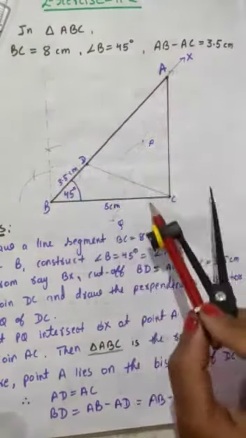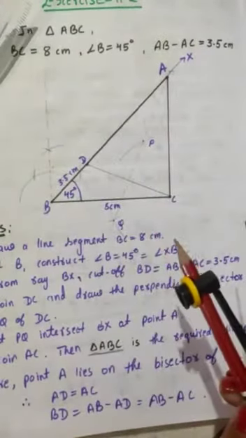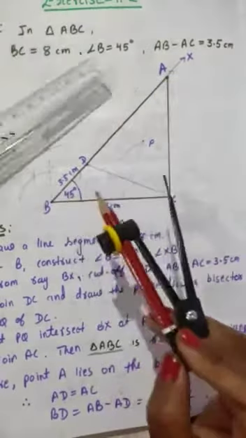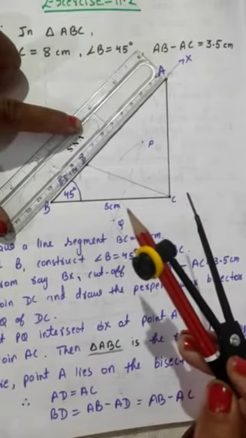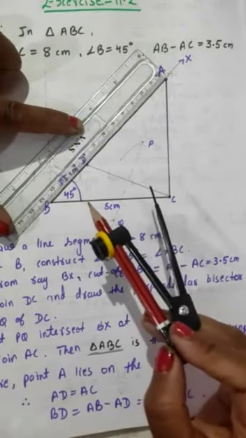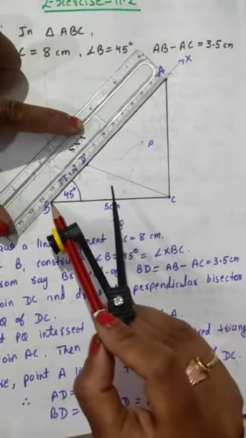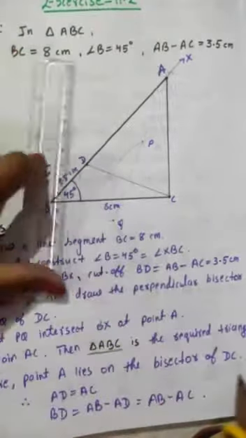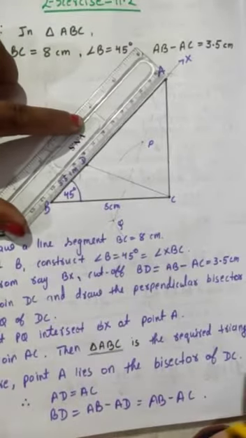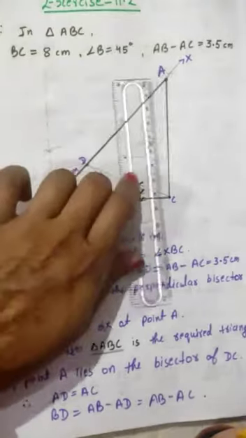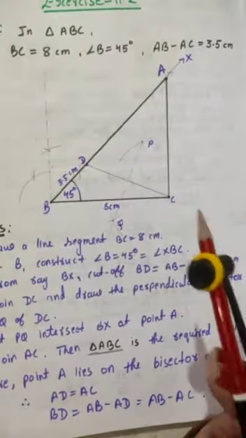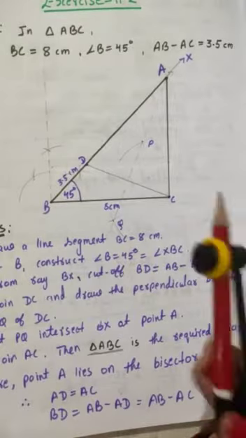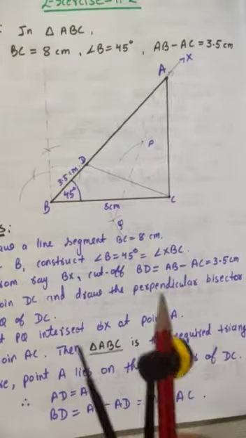So when you measure with the ruler, you will observe that this AB is, how much is this? You can just measure it. I have not written it over here, you can just verify it. This is coming 12 centimeter. Okay, this is actually 11.5 centimeter. And this is 8 centimeter. So 11.5 centimeter minus 8 will give you 3.5 centimeter. So you have verified your answer.